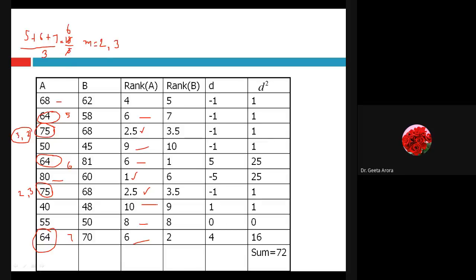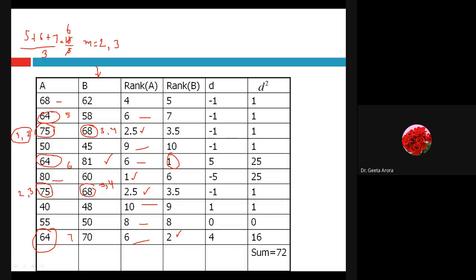So till now we have done with MS 2 and 3. And if you go to the second series B, again if we look for the first value, it is 81, the maximum one, rank is 1, second rank. Now for the third rank we have 68 and 68 twice. So it could be the third or the fourth place, and here also it could be third and the fourth place. So again we have to take the average.